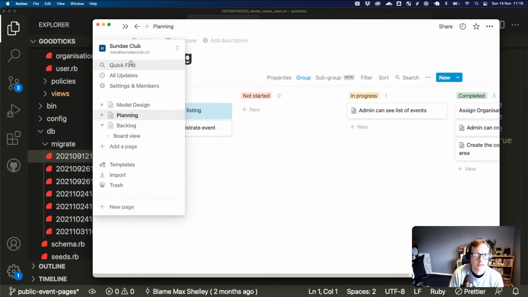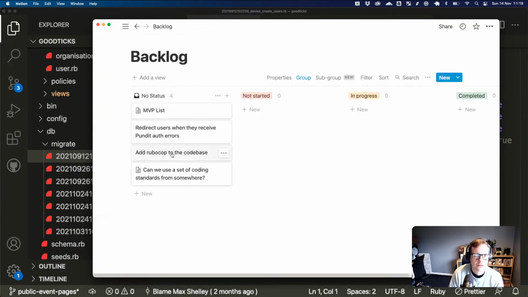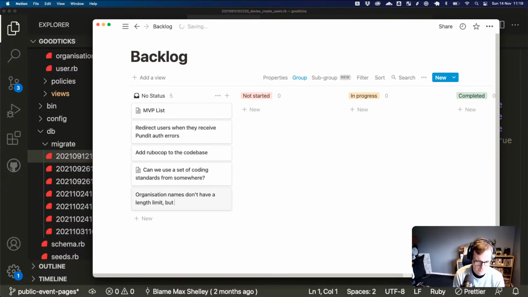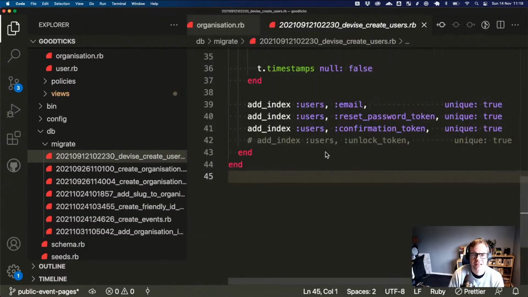Just going to add that so that it doesn't get too lost. That seems important.